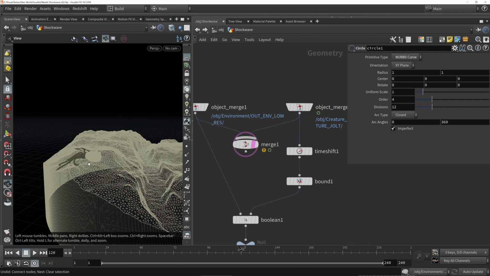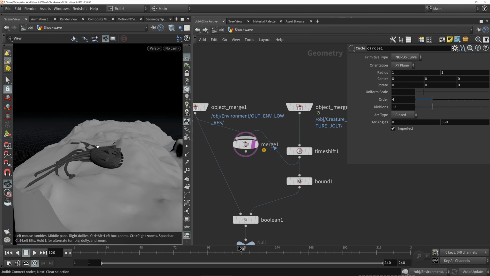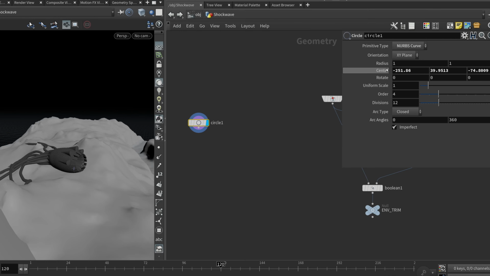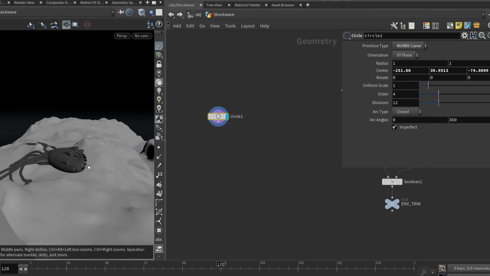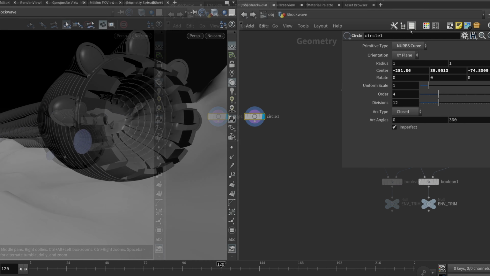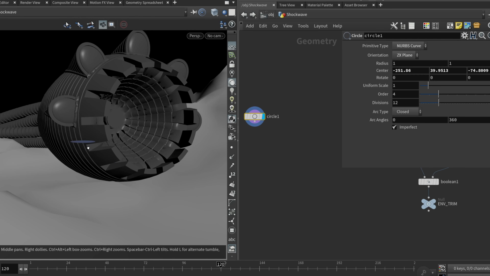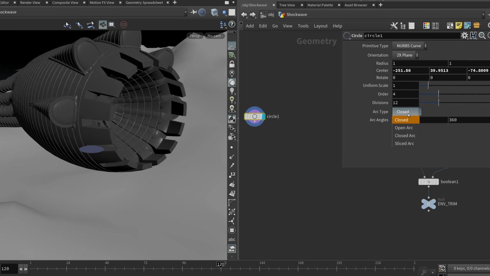And just to keep our display nice and efficient, I'm going to change this merge to point to the time shifted and frozen version of that creature jolt, just so this isn't loading up cache frames just to display things. And then let's just set the center position of that circle to approximately where that creature is. And then set this to the ZX plane so that that's a flat curve, and we'll make this an open